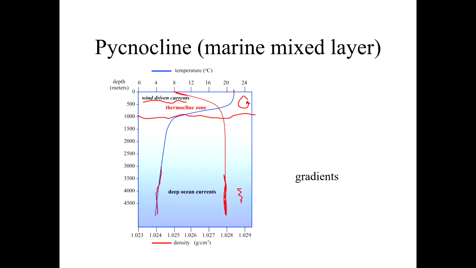And because there's a good amount of mixing here, there's all kinds of stuff that have a gradient. It's not just the temperature and the density, but also things like oxygen. Carbon dioxide has a gradient. Any gases that are coming in from the atmosphere, and it doesn't even have to be gases, anything that's coming in from the atmosphere is going to have a higher concentration up here in this mixed layer than it does deeper in the ocean. So you're going to see gradients not just in temperature and salinity, but in the concentrations of all kinds of different chemicals and also species. Phytoplankton can choose where in this water column they want to float. They can swim a little bit and make some decisions about where they want to be.